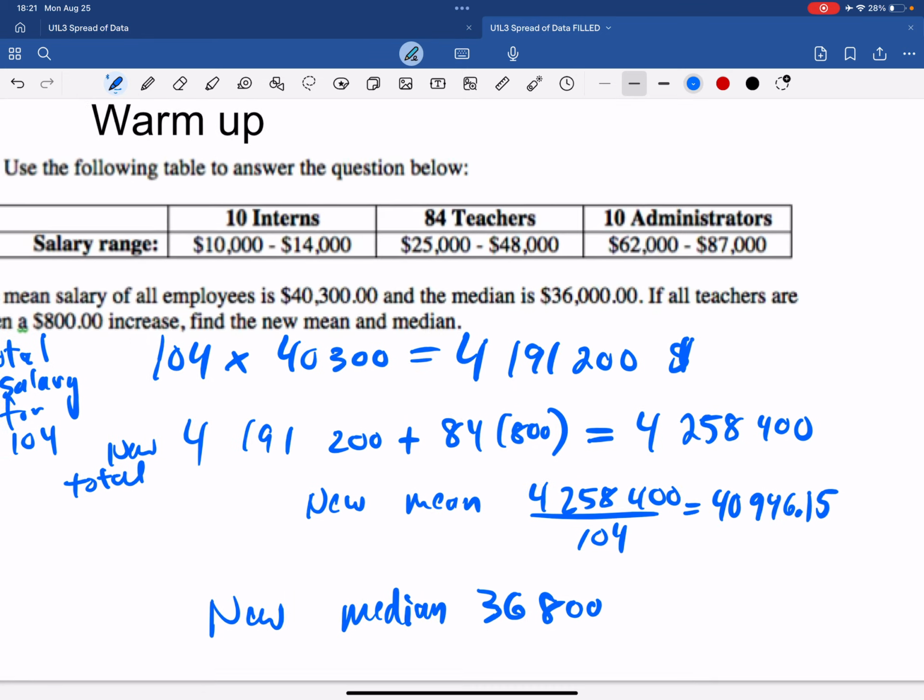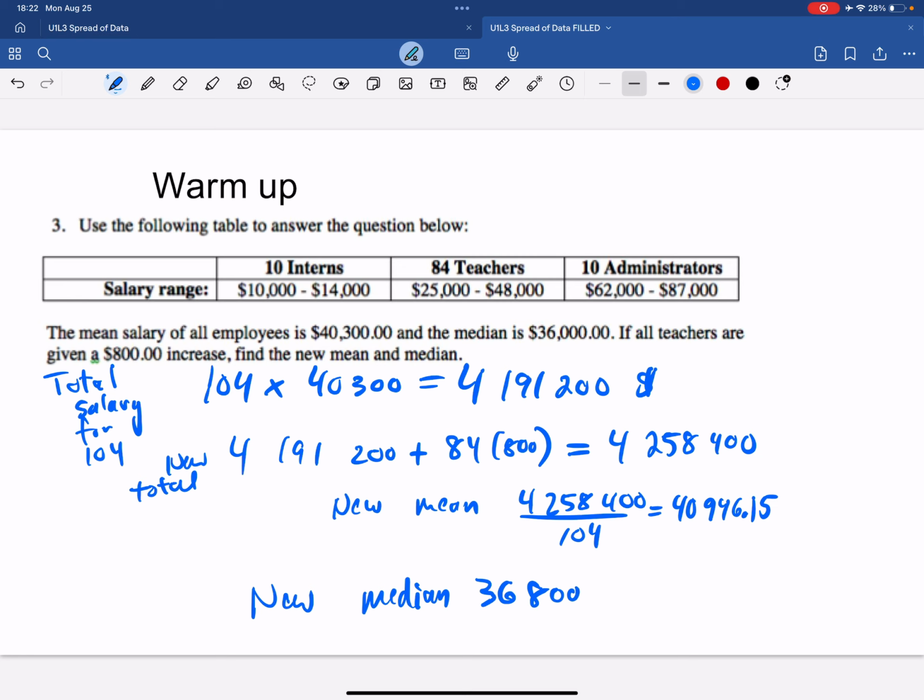Okay, so for the answer here, if we want to find the new mean, we have to know the total amount of earnings, and we can divide by the number of employees. From before, we knew that the mean salary for all employees was 40,300. So we can take that number and multiply by 104, because that's the total number of people that work, and we get this number,